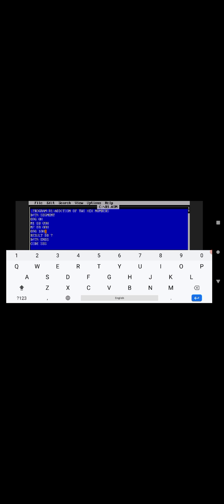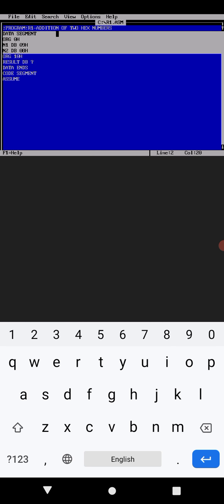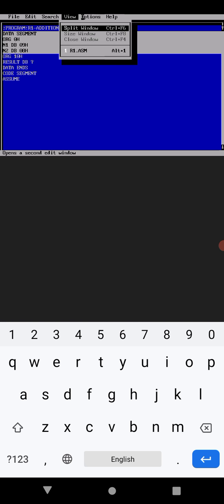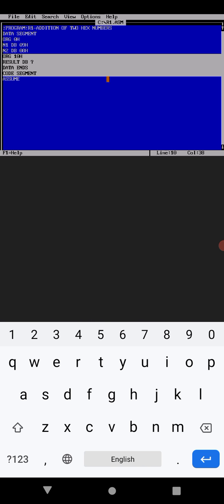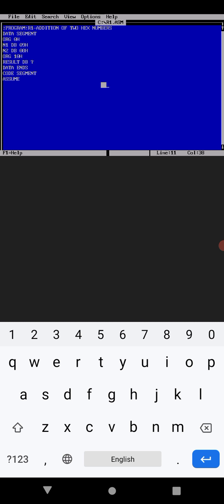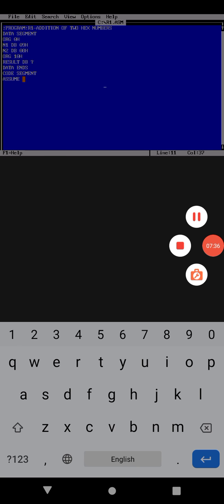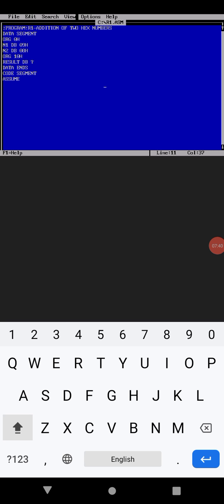Type code segment, then assume cs as code and ds as data, ds colon data.